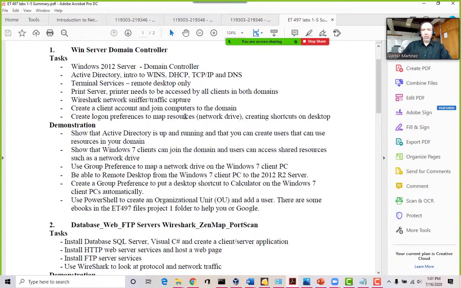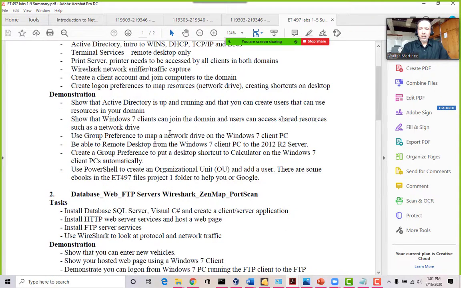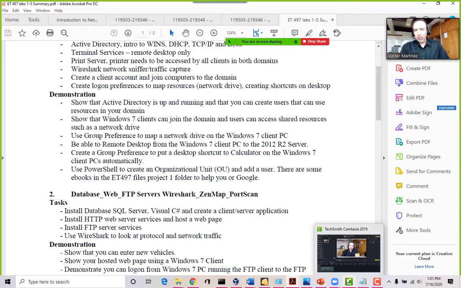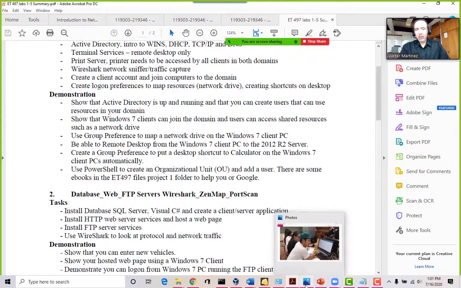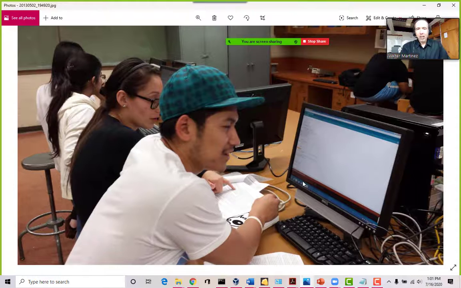So that's usually the route. You start off either as a technician, as a junior analyst, and then you'll move up depending on your interest. And so this kind of gives you a taste of all the different things that we do in the IT world. So I have a lot of students who have become IT professionals after this class. This class inspired them to become IT professionals.